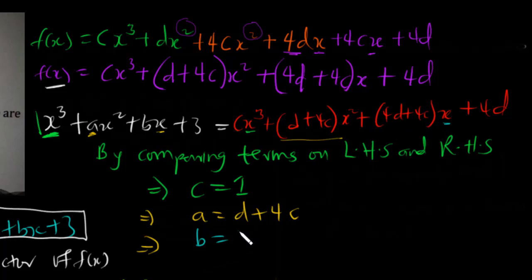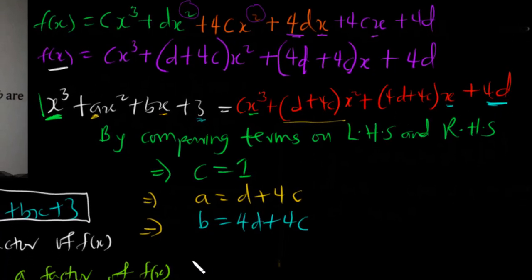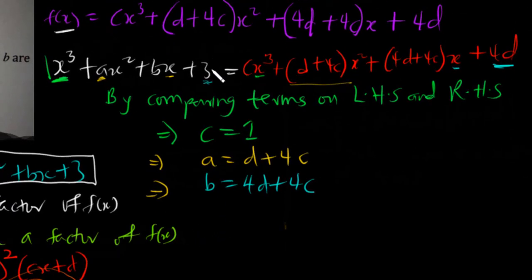Of course we also know c to be 1, but it is the d that we don't know, and we can find d from the last term. The left is 3, it has no x. The right is 4d, it has no x. So these constants are equal. All right, so we can also say that 3